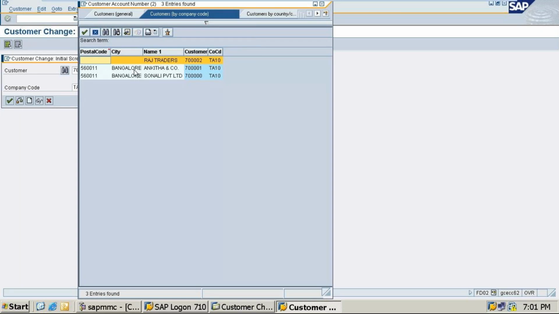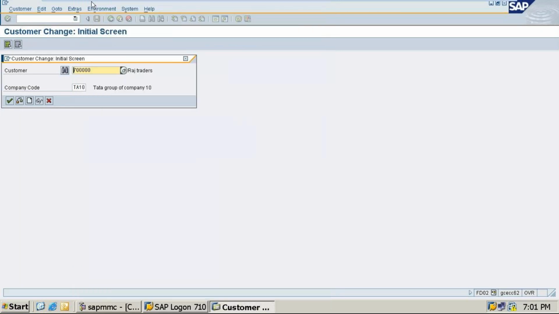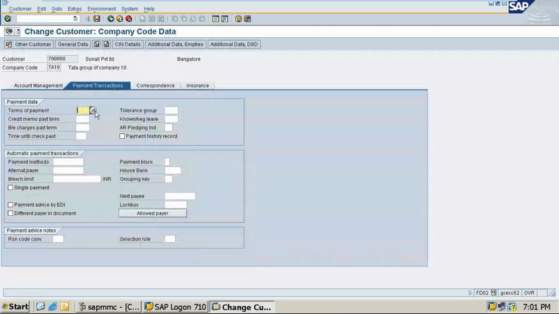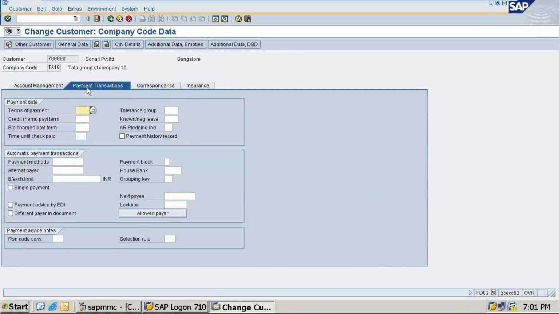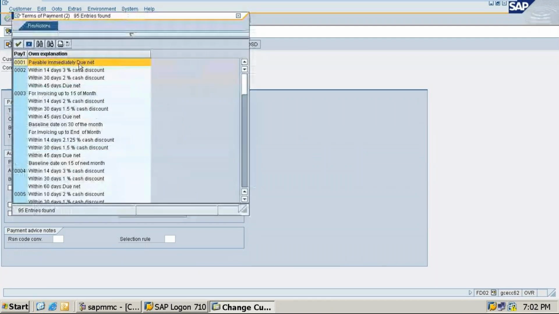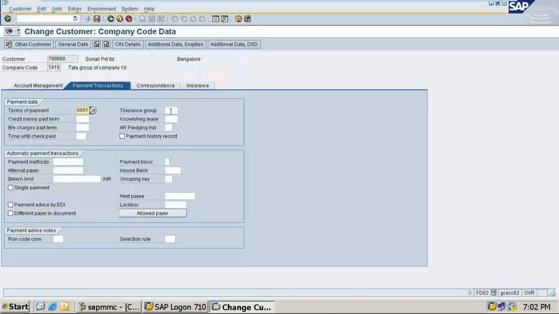So I'll take, suppose, Sonali Traders and click on this. Okay. So your accounts management, Sunday data, short key 001, accounts management. Then you have to click on payment transactions. Your terms of payment is account on due date. Tolerance group TA10. Understood? Then after that you have to click on save. So TA10 does not exist.